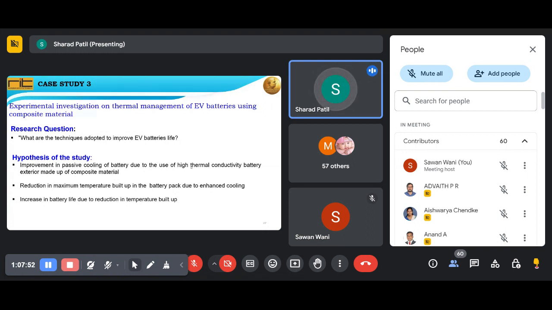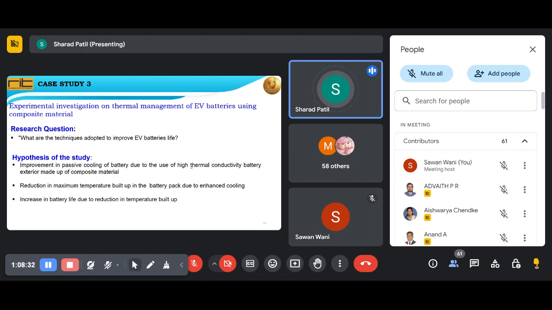We are also in the stage of publishing the work on this thermal management of battery system using the composite phase change materials. We have the experimental setup in our college with which we are going to have the charging and discharging of the battery cell. We are having some battery cycler with which we are charging the cell. We are using the 18650 cell, and we are using the composite phase change material as graphene based. We have developed a casing with 3D printing technology, and we have inserted the cell at the center, and around which we have poured the composite phase change material, mounted the different thermocouples and have a complete system for